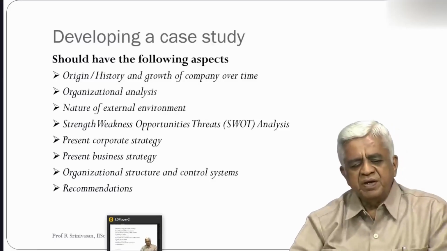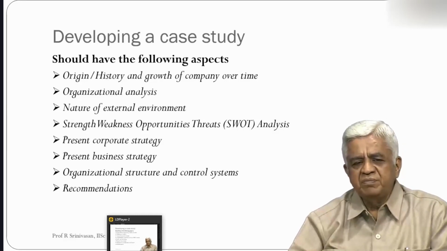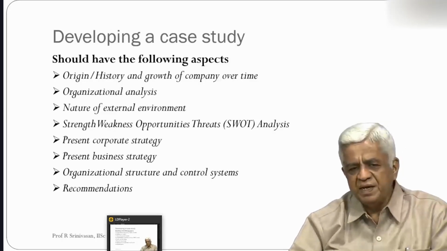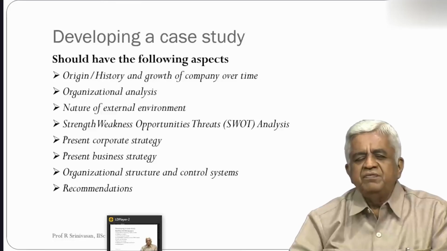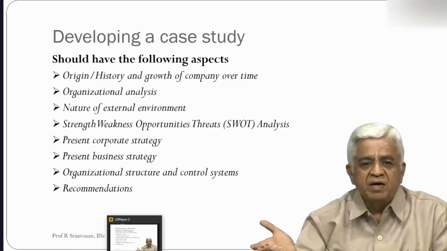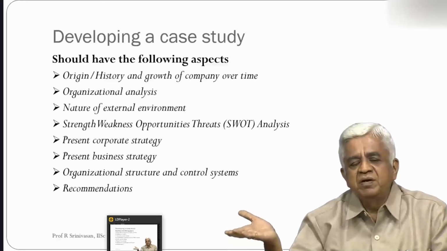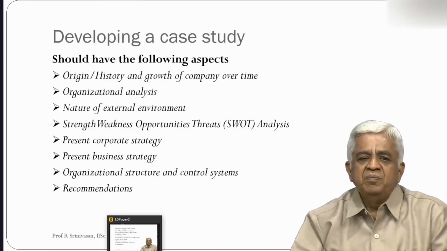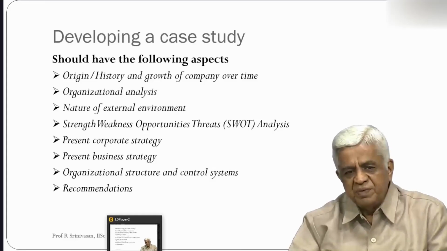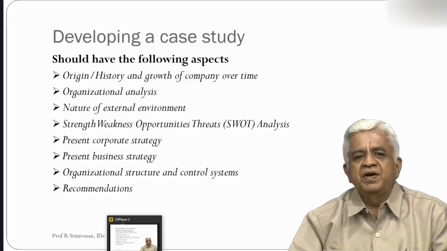The third aspect which has to be dwelt upon is what is the nature of the external environment. Is this organization a monopoly? If you look at the present day Indian business environment, you will find it very difficult to categorize an organization as a monopoly. Perhaps some organizations like the Indian Railways, you can call them operating in a monopoly market. Earlier, you used to have many organizations like the Indian Airlines, the Posts and Telegraphs Department. Never did one think that these organizations will also be affected by the changes.